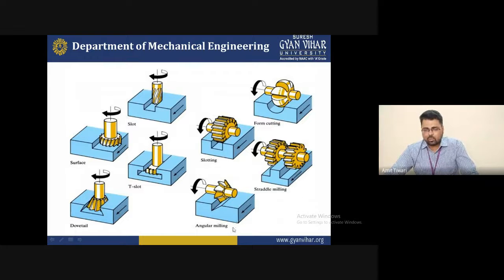And the last is angular milling. That is, if you cut a V shape on the surface of a particular workpiece with this tool, you will provide the shape the same as shown in the figure. So these are all the various multi-point cutting tools, and for special types of operations they will perform in special cases, that particular tool will be used for that operation. So these are all the multi-point cutting tools.